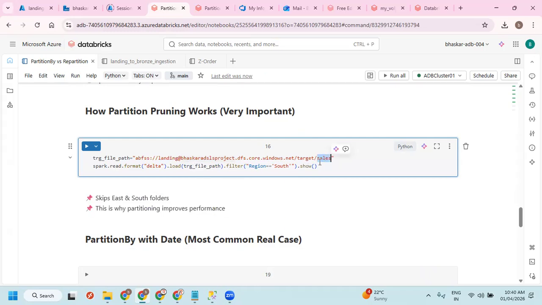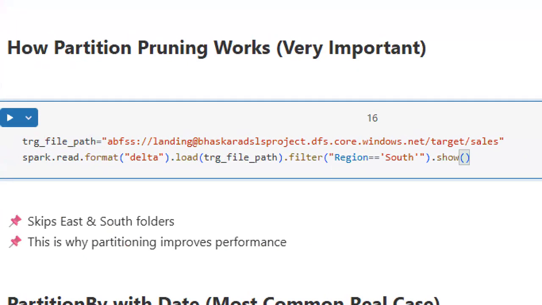I wanted to read the data from this folder, applying the filter where region equal to south. You may think that by seeing this statement, it reads the data from all this folder and then reads the data from south. No.